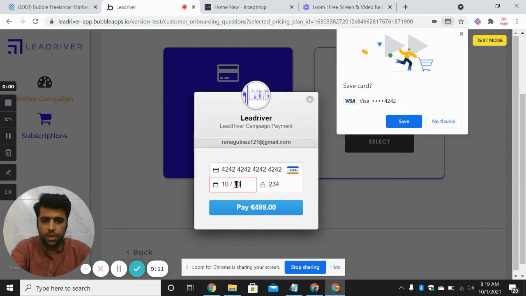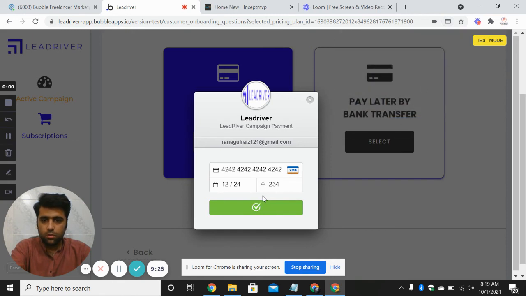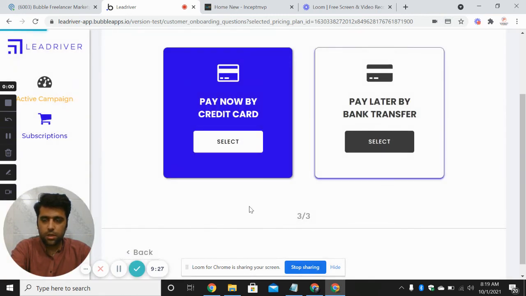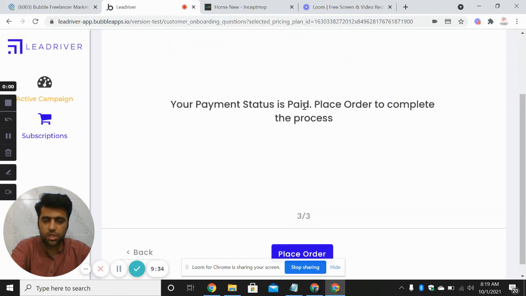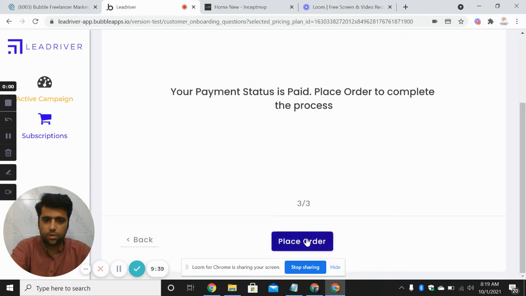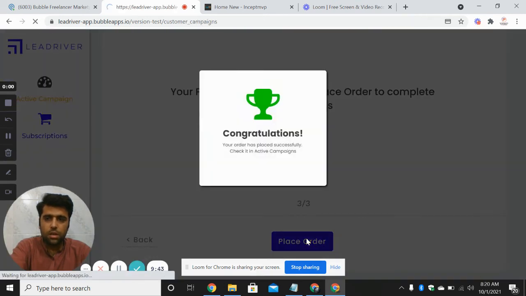I think it doesn't look like a future date. So, oh, sorry. I have to put here a year. So once it is paid, it means that campaign is created. Your credit card was successfully charged. You will get this notification, and your payment status is paid. You can see this here, and then you can click on this place order button